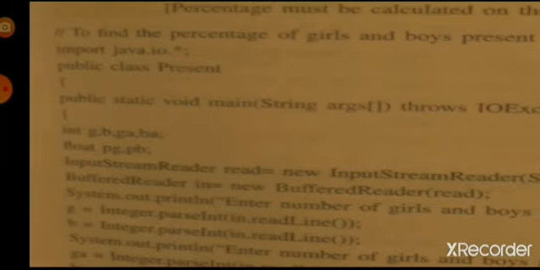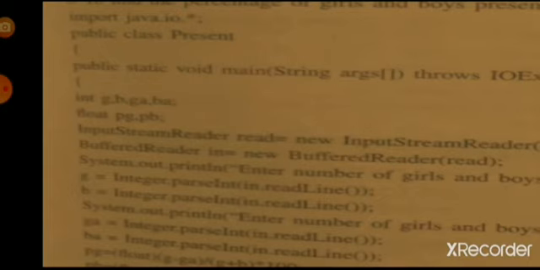Okay. To find the percentage of girls and boys present in the class, the first step to take input by the InputStreamReader is to import the java.io package. So first is import java.io.*; semicolon. Okay, the first step is written.